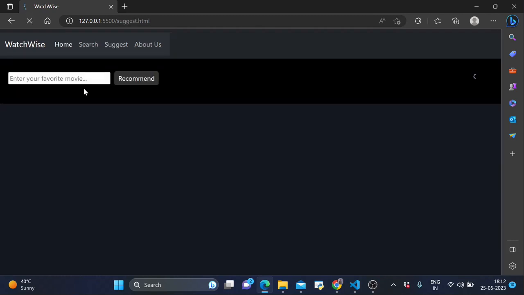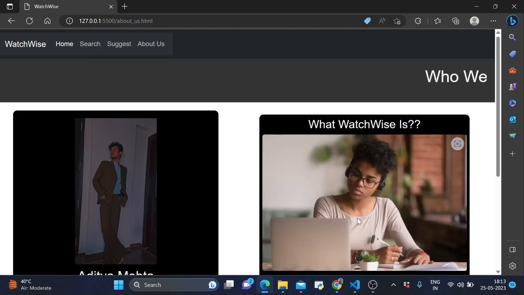Let's again go to the suggest page, and now let's type Avatar, and then we'll click on recommend. Let's wait for some time. Actually, I don't know why it's not working. Anyways, so this is how we are using this similarity matrix and JavaScript and HTML, CSS all at the same